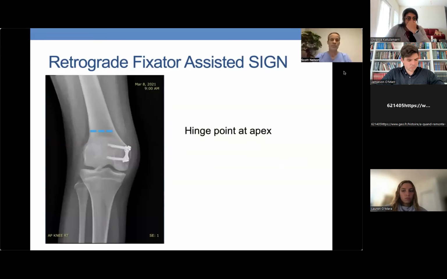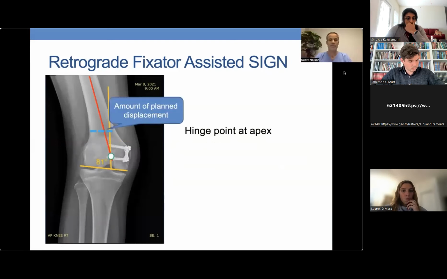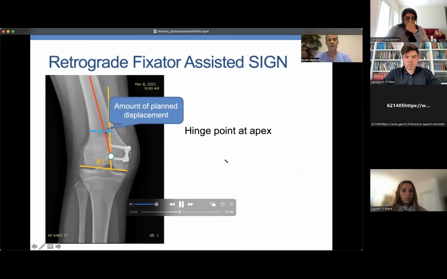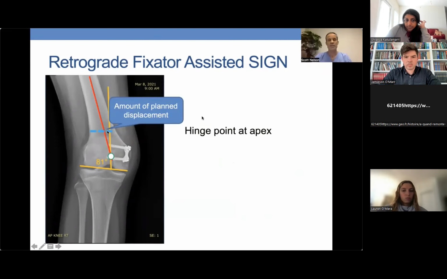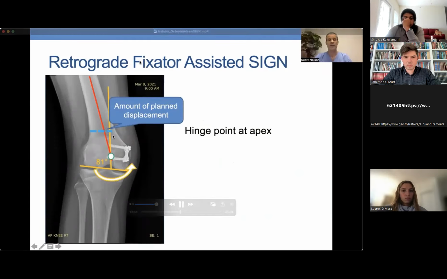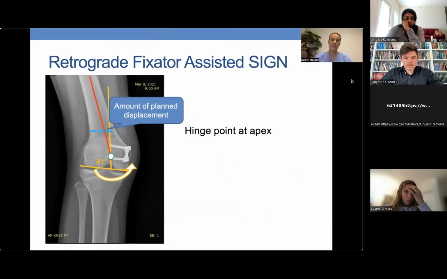So this is where we will plan to cut our osteotomy. And here again is our deformity and the apex. In order for our final goal of having the orange line superimpose on the red line, we'll have to displace this osteotomy the distance that we see here between these two lines. And we're going to hinge it around that hinge point, and the distal fragment's going to